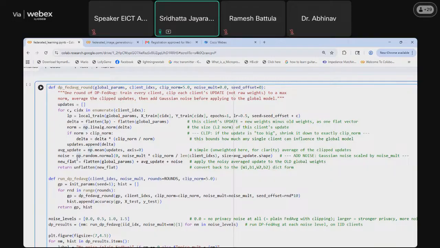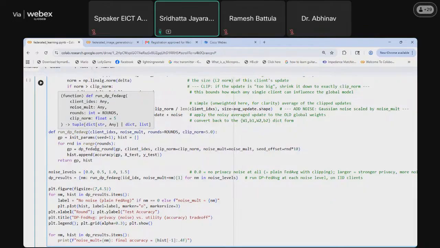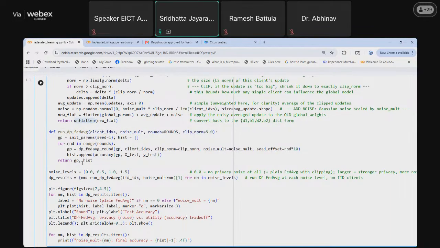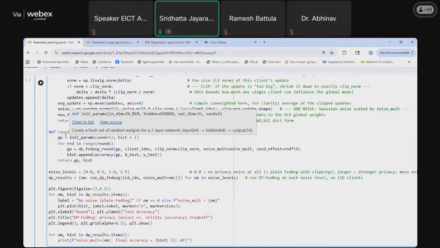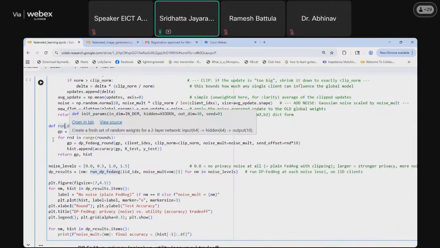The new noise-introduced parameters are then stored in new_flat, after applying flatten on the global parameters and adding this average update and noise. Then this new update is unflattened and returned. After that, we'll run this differential privacy FedAvg algorithm.